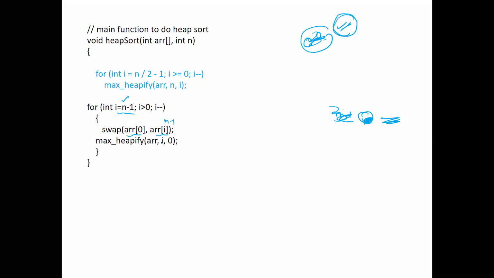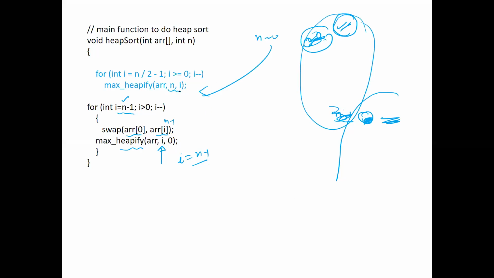अब आपने इंडेक्स 0 को मान के मैक्स हीपिफाई करना है i के ऊपर। Now just see, i हीप साइज कितना है initially, n-1। Why is it n-1? क्योंकि हमने already एक स्वैपिंग के बाद एक एलिमेंट कम कर दिया है, तभी हीप साइज आपका n-1 हो गया। Remember this thing, ऊपर हमने पूरा n दिया था। Earlier, let us suppose n was 10. We started with 10 elements always to build a heap. बट यहाँ पर हम 9 एलिमेंट से शुरू करेंगे हीप साइज। ये डिफरेंट ट्रिक है, ये ध्यान में रखना।